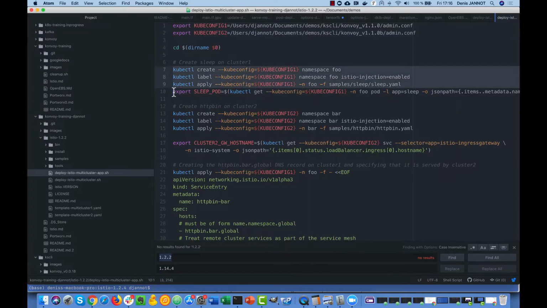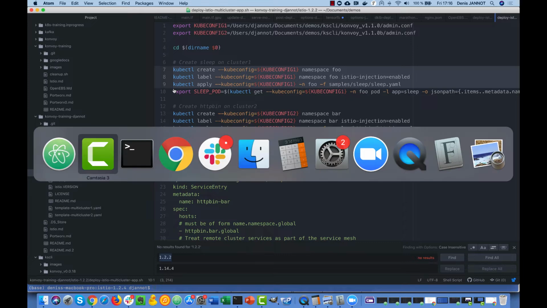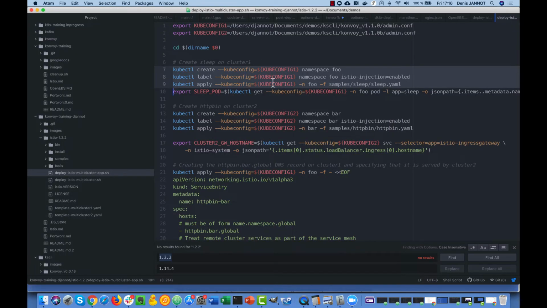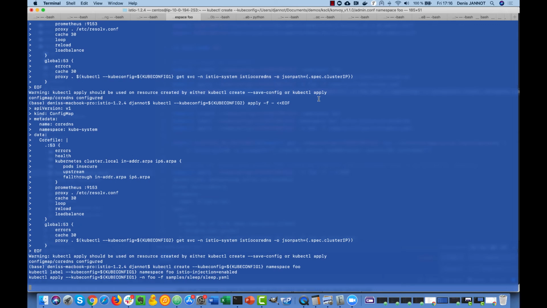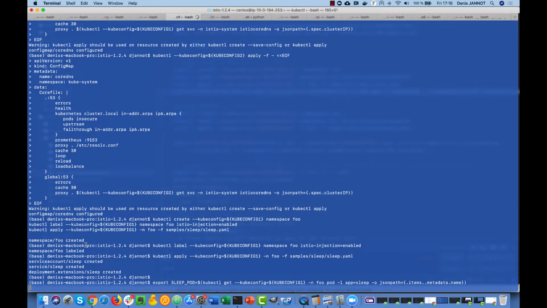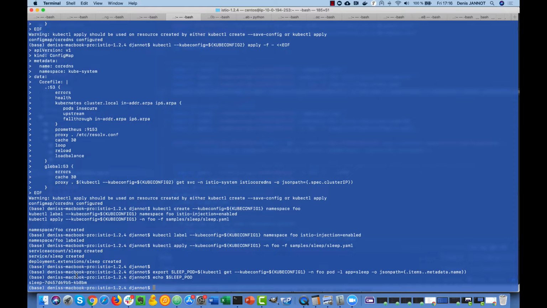So we first create this pod here, and then we'll get the pod name using that command line. And this pod is created in a namespace called foo. So I just check that this is working well. Yep.